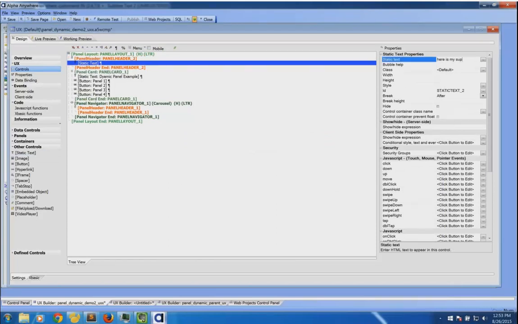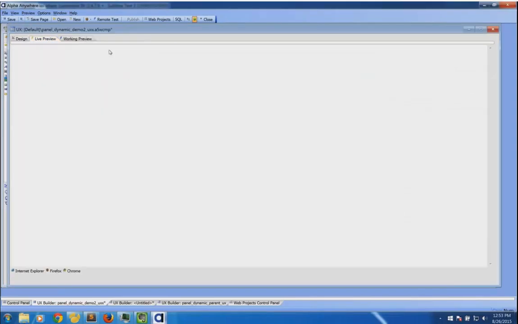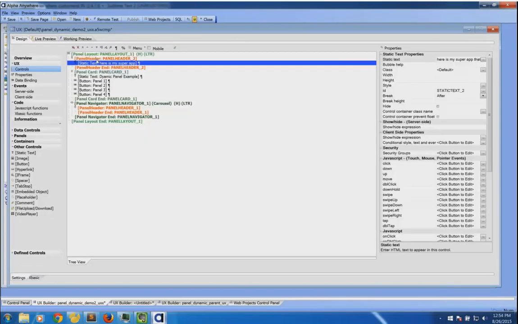I'm going a little fast because we're running out of time. Here is my super app that did not blow up during the webinar. Okay, so now I go into live preview, full preview here. Starting to look like there. Actually, if I wanted to get crazy on this thing,